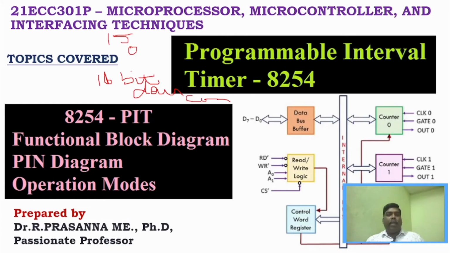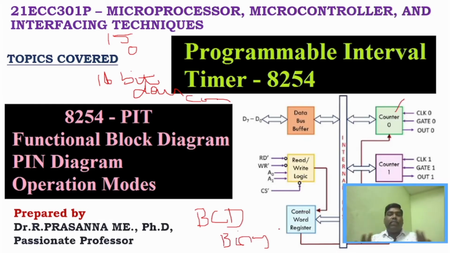The amount of delay that is going to be generated can be stored as a count value, right? And a very important point here is that the count value can be set to this counter using BCD form, binary coded decimal form, or binary form. It accepts both these forms, right? So this is very basic information about 8254, right? All those are down counters, and we can feed the count value in either BCD form or binary form. And when we say down counter, it will start decreasing from the maximum value, right?